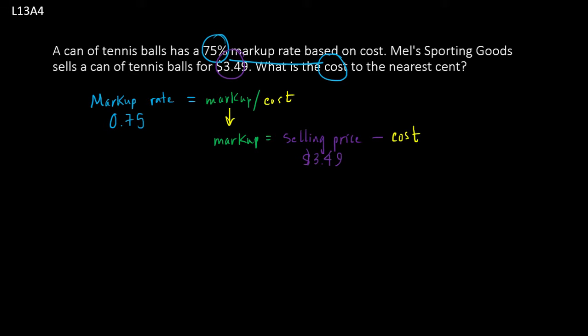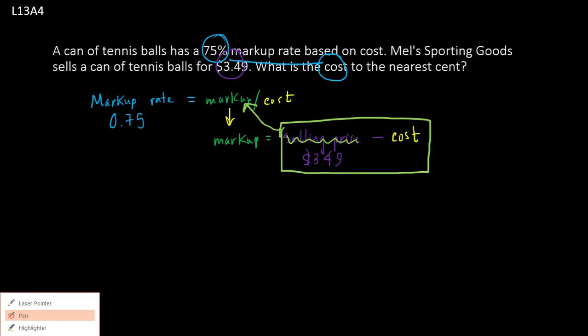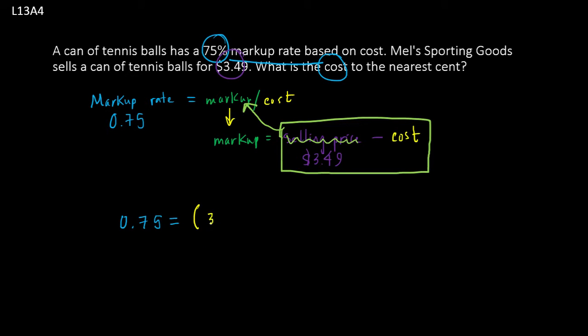Well, we can use this equation for markup and substitute it into our markup rate equation. If markup is equal to selling price minus cost, I can substitute these out and it's still an equivalent expression. Now the reason I'm doing that is that I know selling price. So this equation only involves cost. So when I substitute this out, I get an equation that says 0.75 equals $3.49 minus cost, which is this part,